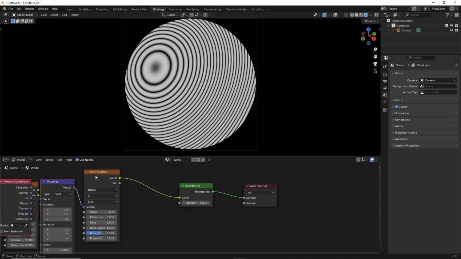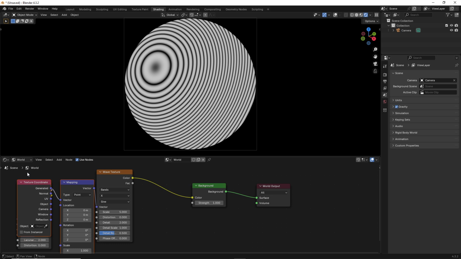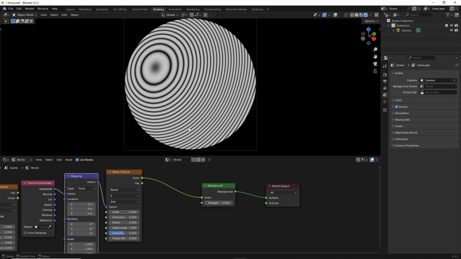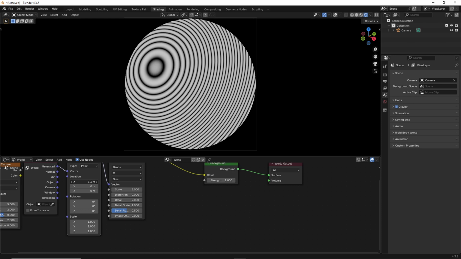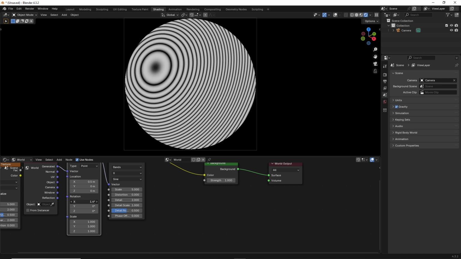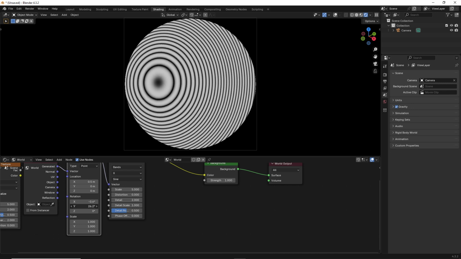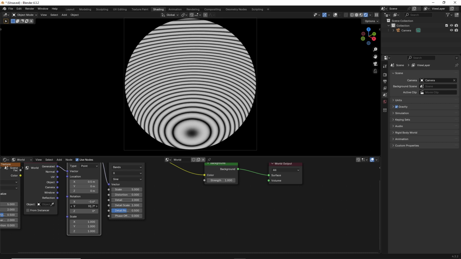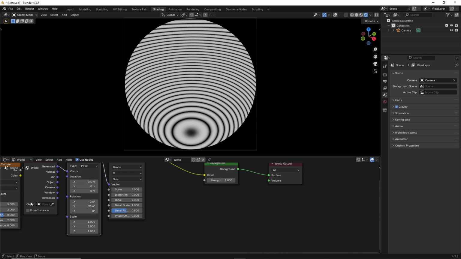And then I'm going to use node wrangler to arrange the center of this procedural texture into the center of my 3D viewport. So I just need to change the location of it here, or the rotation of it. There we go. I'm just moving it around. That's going to be roughly the center of my field of view in the planetarium, where people are looking straight ahead instead of